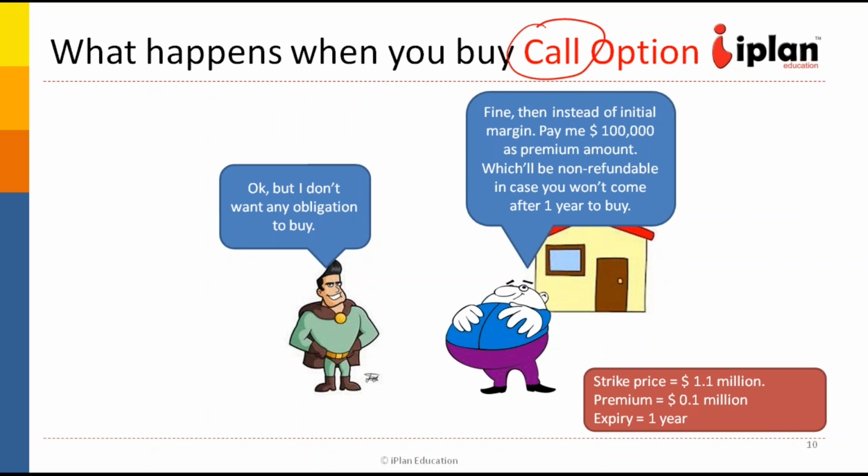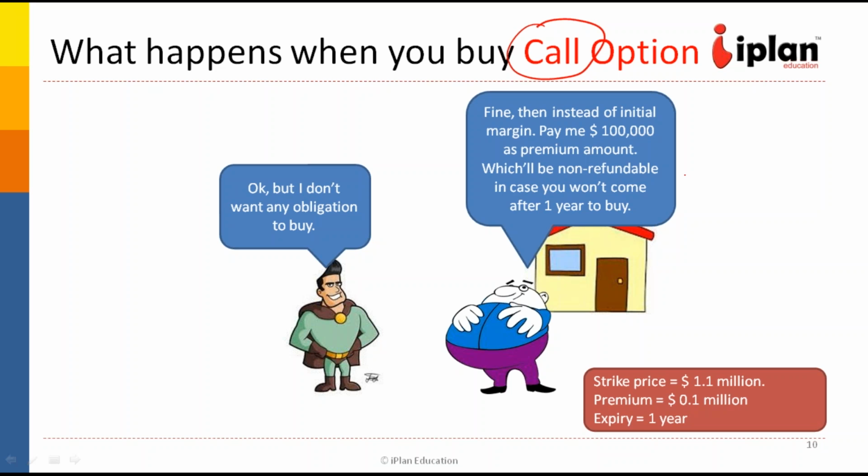So what is my motivation? So seller being a little smart, he said then instead of paying initial margin, what you do is you pay me that $100,000 as a premium amount, which will be non-refundable in case you don't come after 1 year to buy the asset. Isn't it? So it's a little smart thing to do. So if the buyer doesn't come, price goes down, that $100,000 will be kept by the seller. So this is the motivation of seller. That's why seller will do the contract, because he's getting something extra if the buyer doesn't come to buy